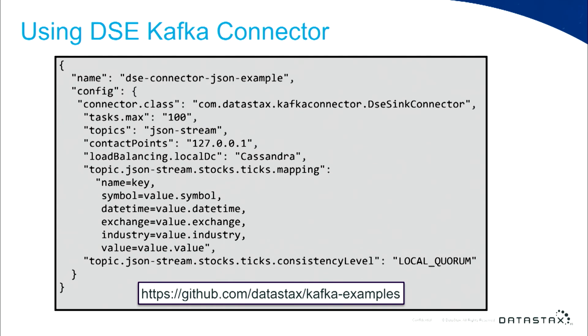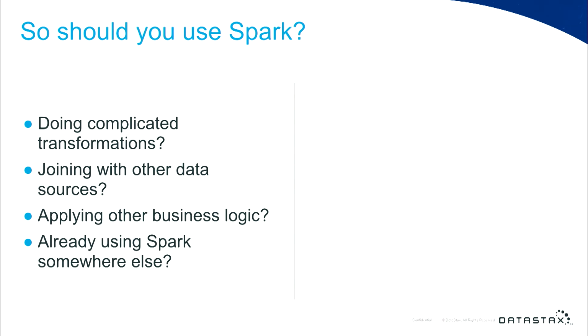Here's just a quick example of the code you have to write if you want to use the Kafka connector. Basically, instead of writing any applications or things like that, you just write a little configuration file that describes where the data is coming from and where it's going, so you don't actually have to write new code or write a new program. Of course, it's limited to just taking data from one place and writing it to another. It doesn't actually do any transformations or things like that.